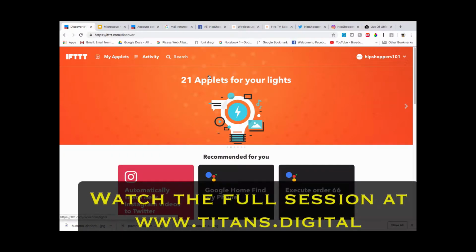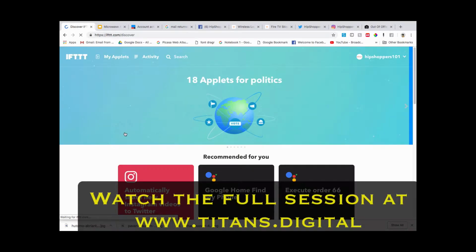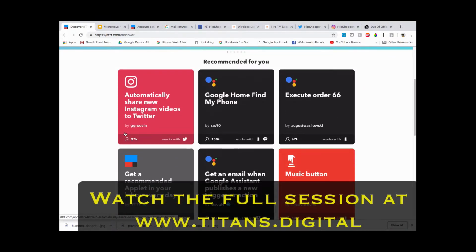Welcome to the hands-on session on IFTTT, which stands for If This, Then That. In its very own acronymical format, it explains that if there is an action, there is an